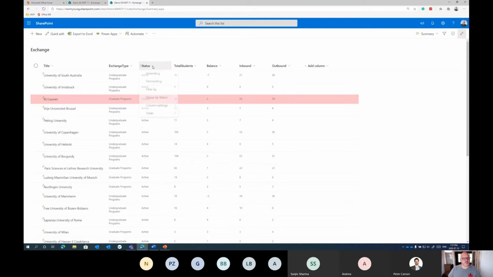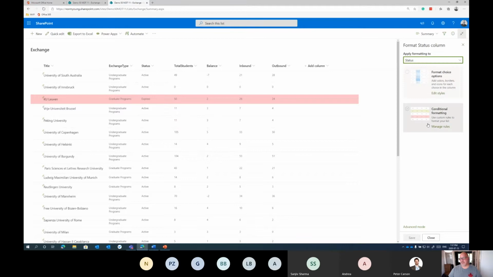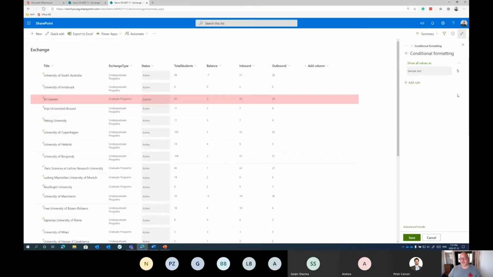And we're going to do something similar for status. Status is a major driver within the business process. And in this case, we're going to use conditional formatting again. And I'm going to edit this rule. I'm going to get rid of the fill. I'm going to add more styles. And I'm going to say, you know what, I need to edit the rule. If the status is expired, oops, get out of there. I'm going to format my text, no fill, more styles, and I'm going to turn that into red and bold